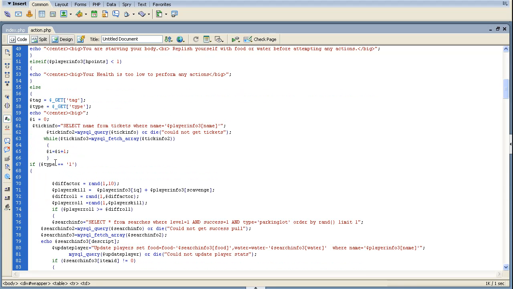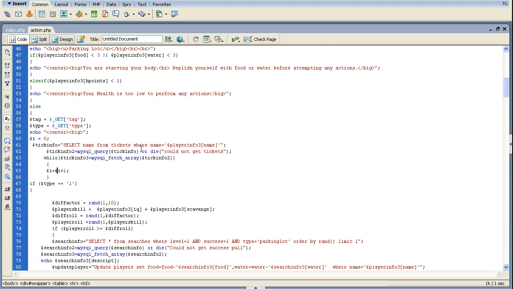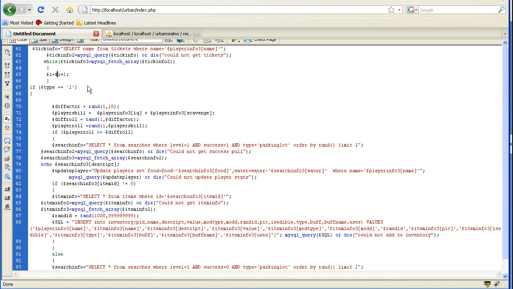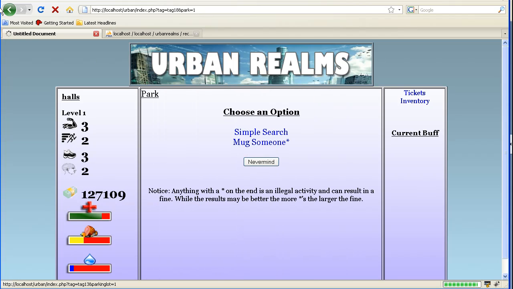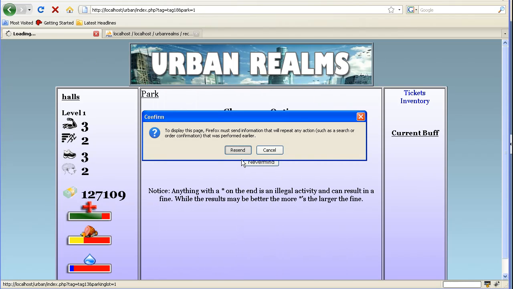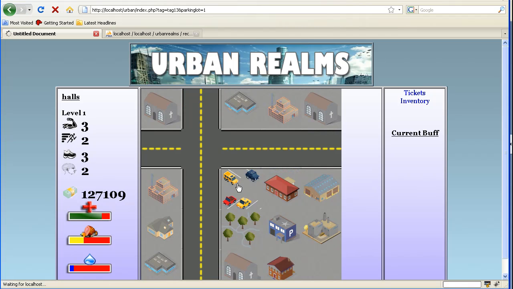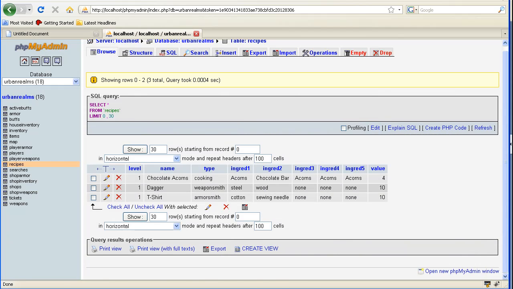If type equals 1, which is the first thing we did, let's go back here. Where's actually parking lot we're in. If you notice, type equals 1, type equals 2, 3, and 4. That's just kind of how I set up the variable on there. So if